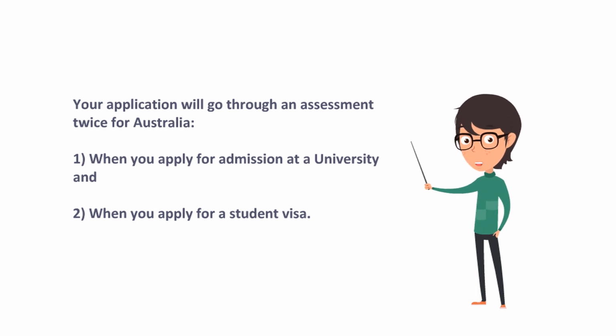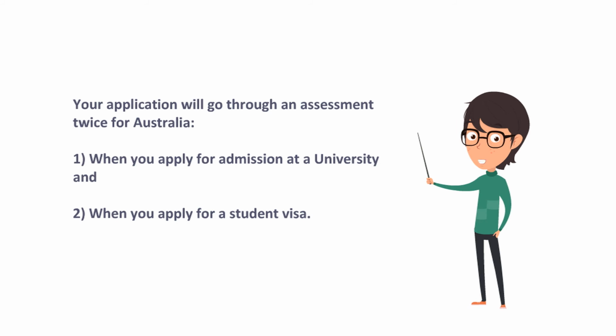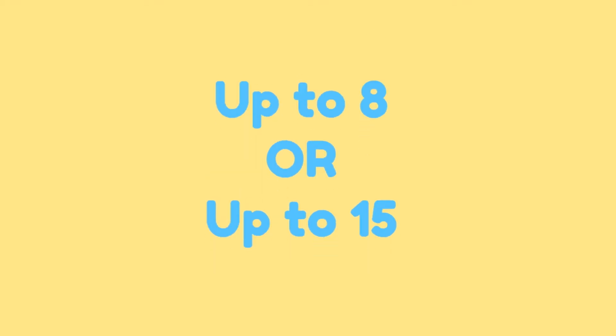Every university can have different entry requirements when it comes to backlogs. If you apply for a top-ranked university, you will be expected to achieve a high score in your bachelor degree. From the academic entry requirement perspective, if you have completed your undergraduate degree with a high score and within the required duration, backlogs up to 8 should be acceptable by prestigious universities. Other universities may accept backlogs for up to 15.